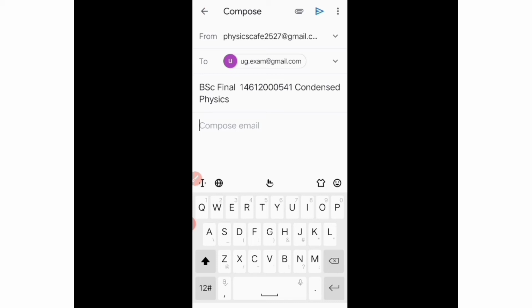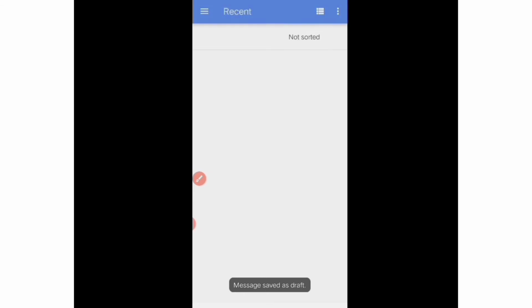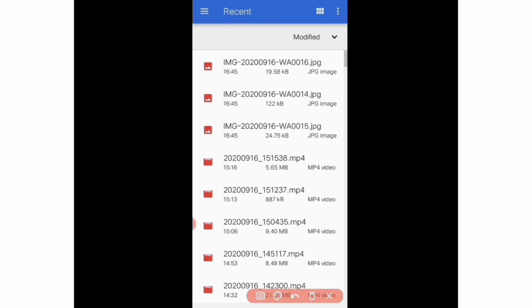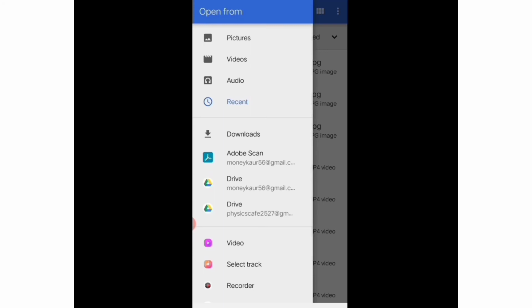Now you have to attach your file. From here you can select your file, click on it. From here click on attach file. From here you have to click on it, then click on the Adobe Scan folder.